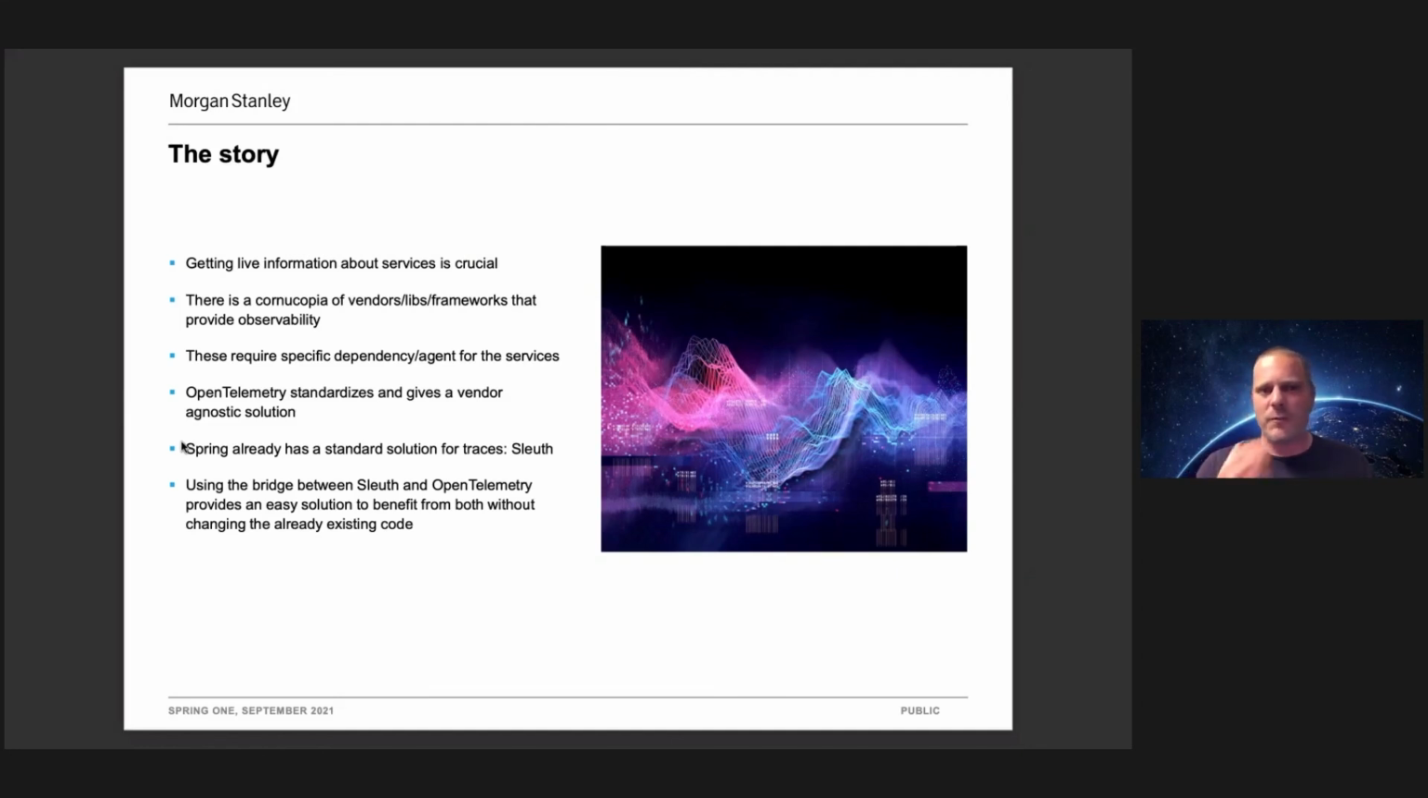Of course, it is also crucial to find out what the issues were, but I would really emphasize on trying to prevent certain things from happening, as that has extreme benefit to us. There are many options, different vendors, libraries, frameworks that provide observability. And these require specific dependencies, agents, or basically using classes from these specific libraries. OpenTelemetry is a standardization of observability and gives a vendor agnostic solution to getting this data from